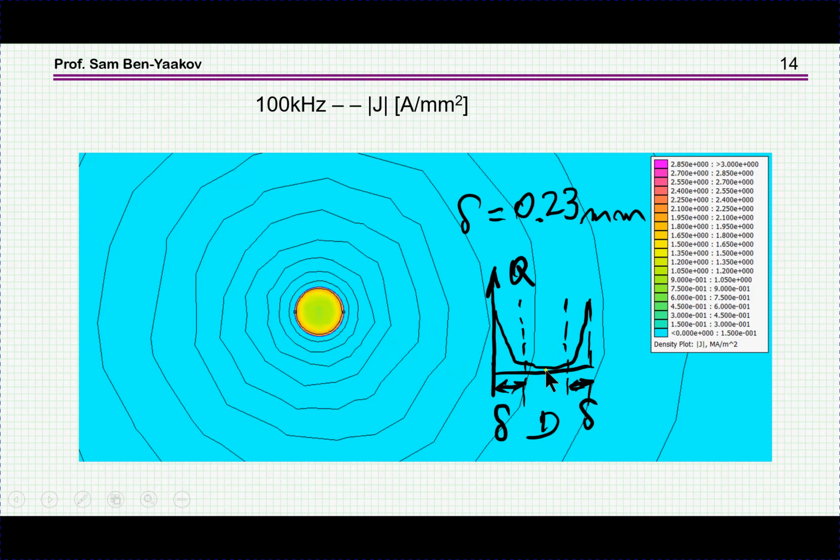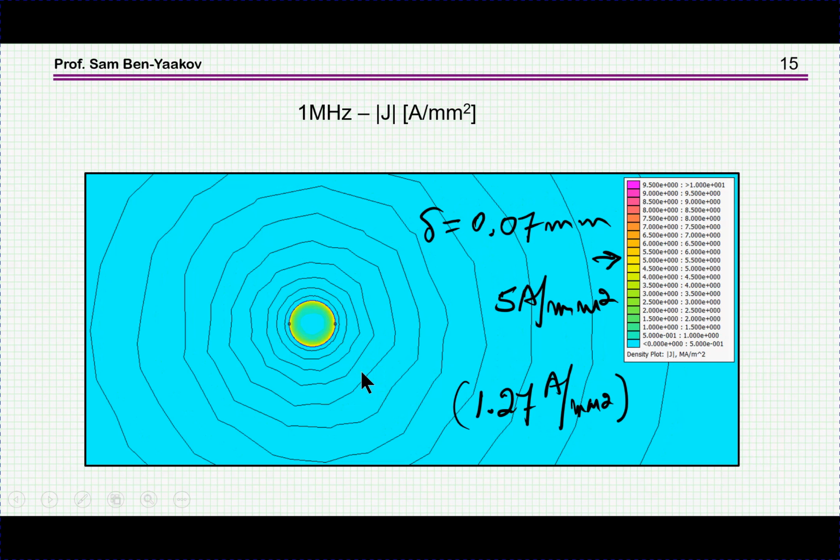This is the density of the charge carriers, and so we see that toward the rim it's much higher, and then it sort of tapers off. And again, here we expect a skin depth of 0.23, which, eyeballing it, seems to be consistent with what we see. And then if I move to a much higher frequency,